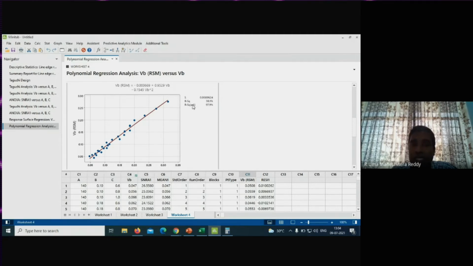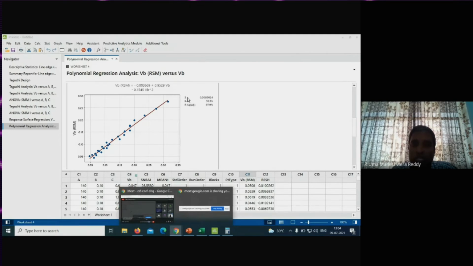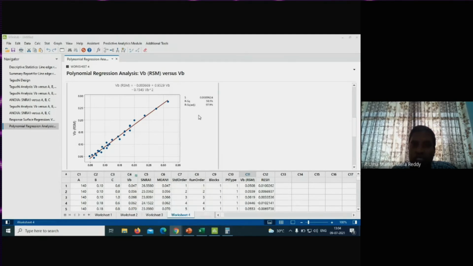Next, beside this correlation graph there is some information: S equal to 0.0089624. So what do you mean by this S value? S is something like a dispersion, the average distance between each and every individual data point to the regression line. For example, here this is a data point, row number 24.